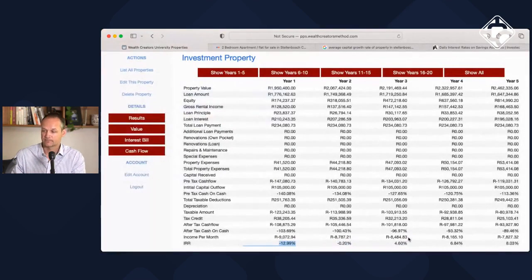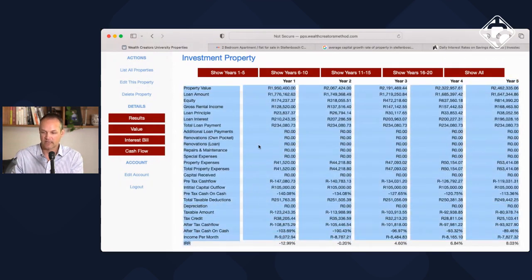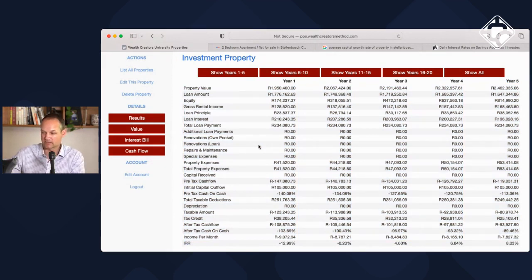However, you actually need to look at the 5-year numbers when analyzing investment property. If you take all of these variables, you can see how many there are, and extrapolate this for the next 5 years. We know that the property value will increase by 6% per year over 5 years. You'll be able to increase your rental income by 7% per year. You'll never have a vacancy, so obviously that's an important swing. You need to pay the bond, and it's at a high interest rate currently of 11.75.